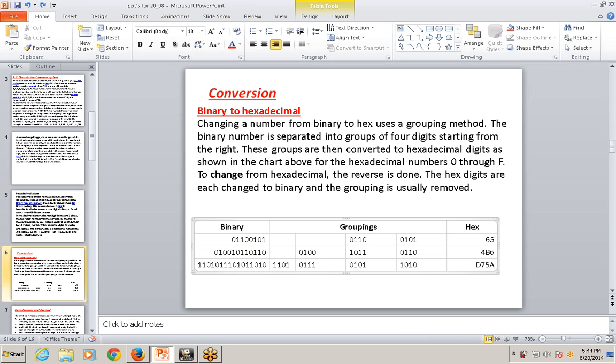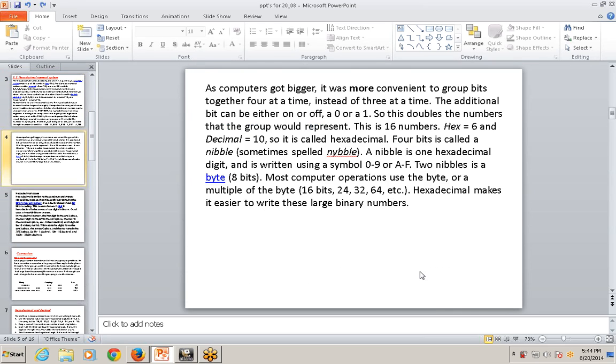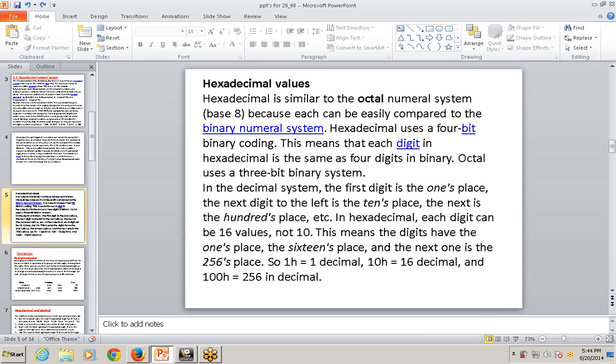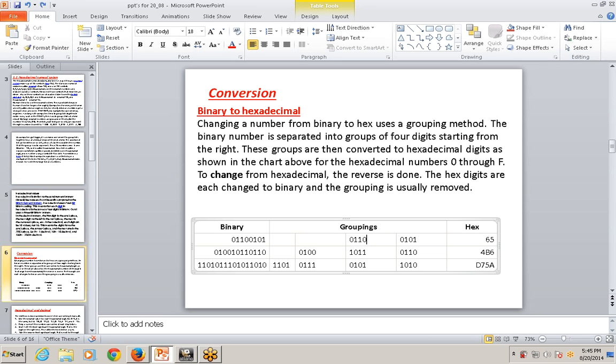Then, as an example, first of all there are 4 bits like this: 0 1 0 0, 1 0 1 1, 0 1 1 0. So I can calculate 0 1 1 0, that is 6, and 0 1 0 1 is 5, as I told you. So this value is 6 and this value is 5. So the output is 65.